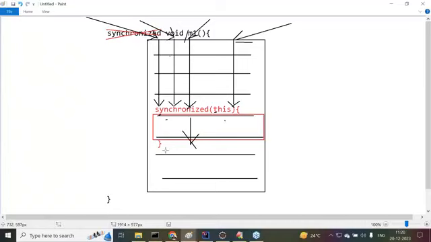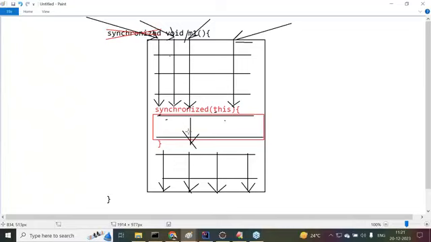Once the synchronized block execution is completed, again multiple threads are going to be executed. That's it. Now tell me, in a synchronized block, how many threads are executing at a time?